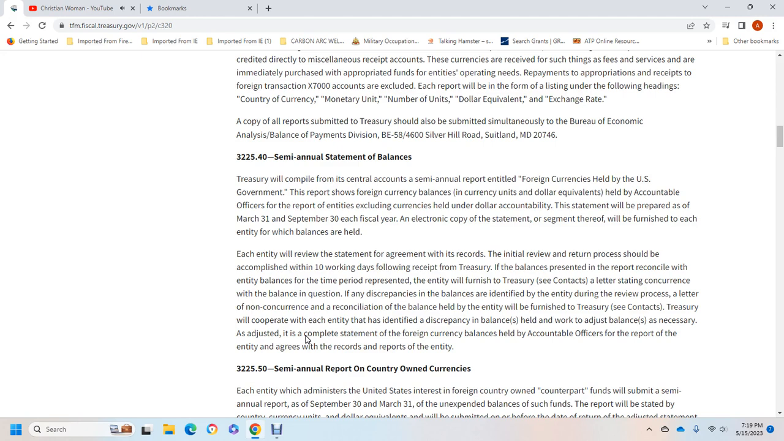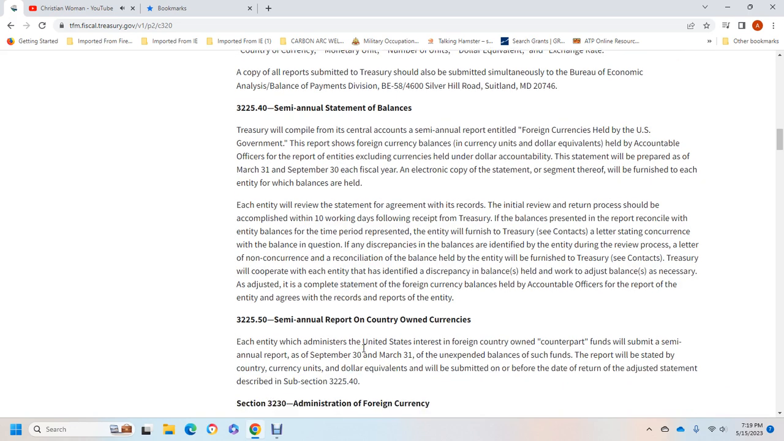Will corroborate the entity with the identified discrepancy with the balance held by the work of the justice and the event necessary for the adjustment with a complete statement of the foreign currency balance for the accountable officer with the report of the entity agreed with the records and report of the entities. 6 and 32